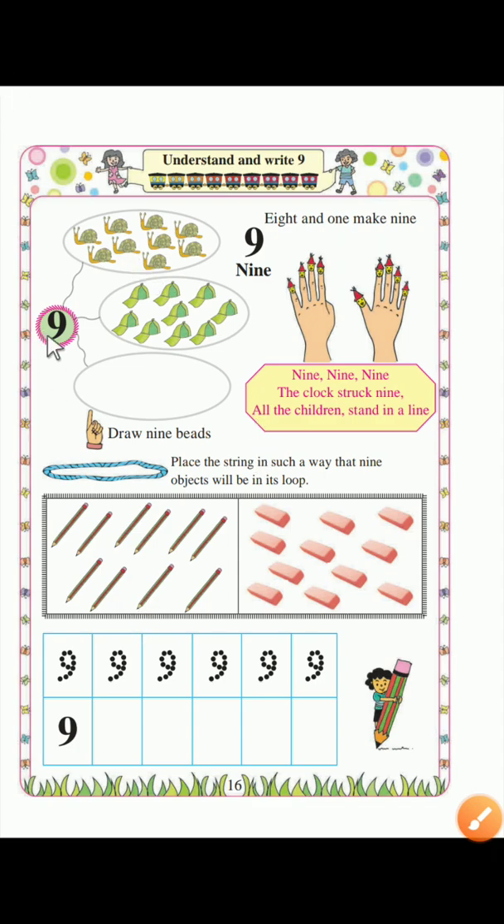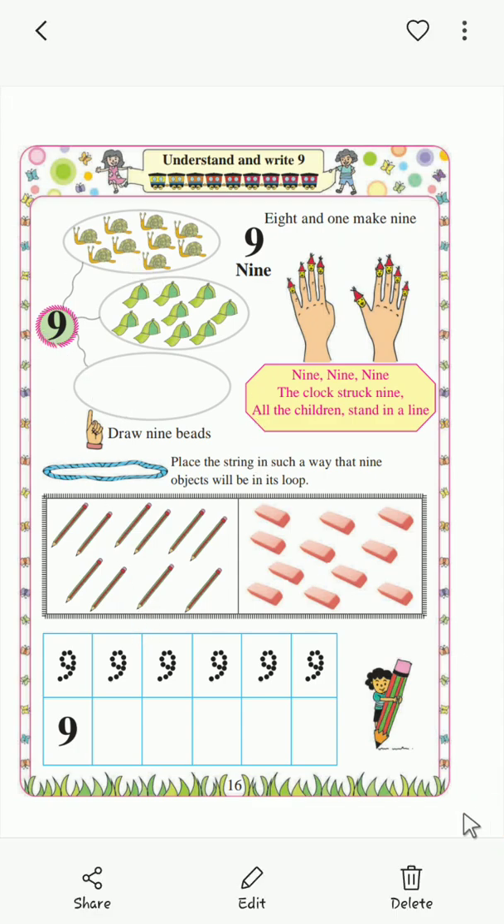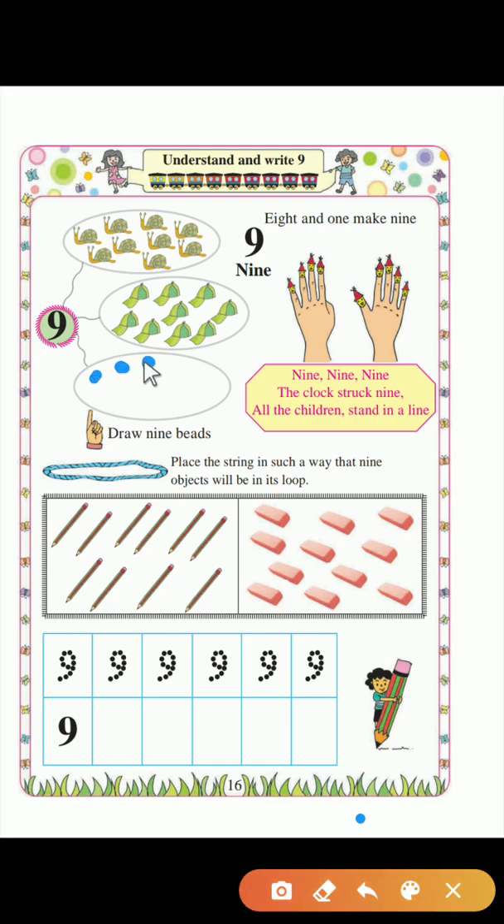Number 9. Draw 9 beads. 1, 2, 3, 4, 5, 6, 7, 8, 9. Here 1, 2, 3, 4, 5, 6, 7, 8, 9, 10 pencils, 10 objects are there. We need to draw around